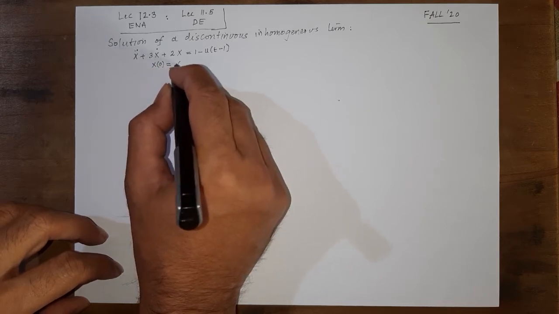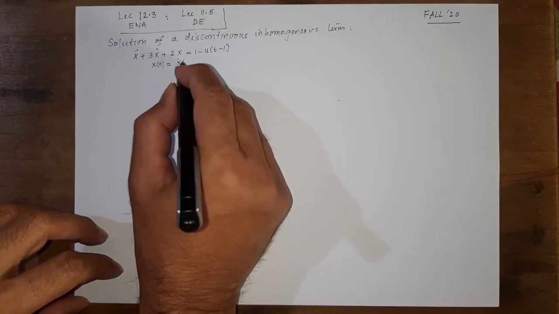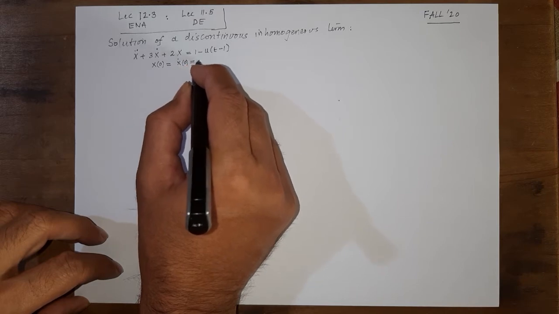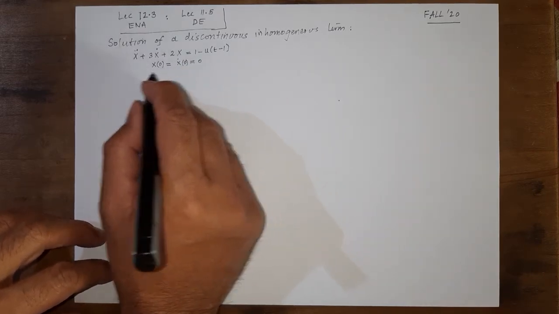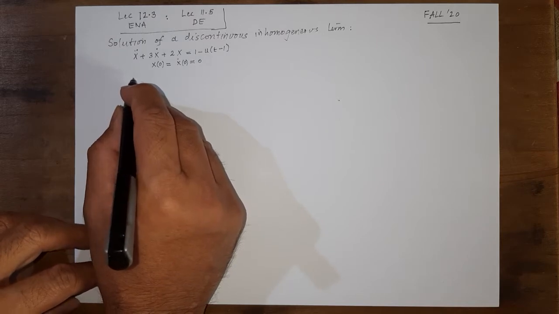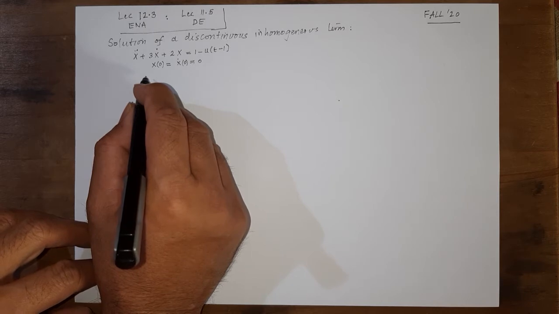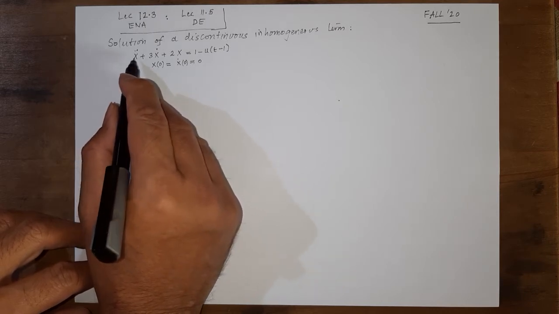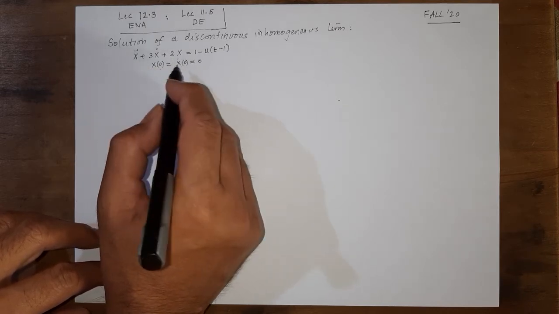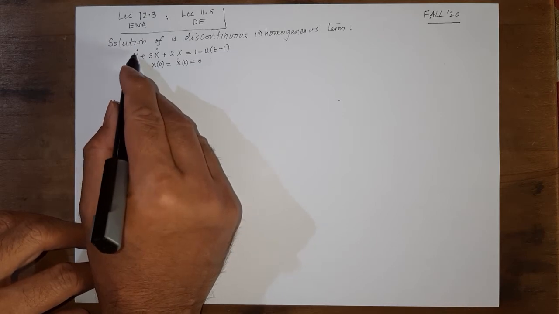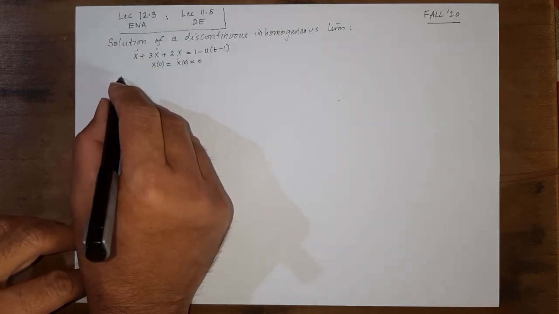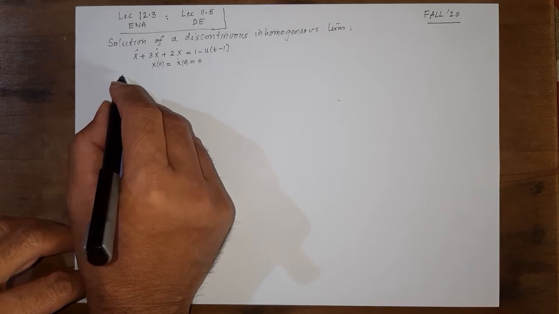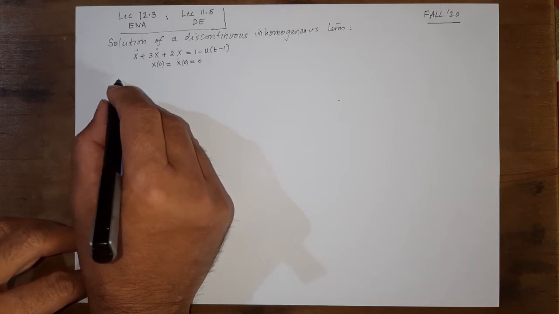homogeneous initial conditions. So when all the initial conditions are 0, we say the conditions are homogeneous. So using Laplace transform to solve this differential equation requires us to look up the tables and see, okay, the second derivative, if you remember, let me just write those terms. You can look up any table and see that the